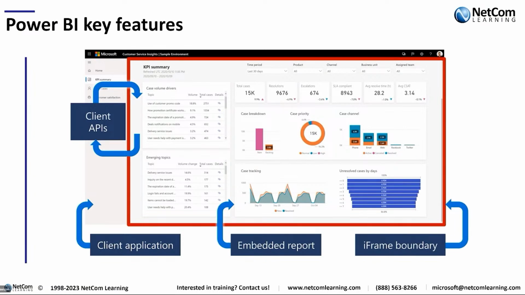And the important thing to understand is that when you're creating an embedded application or an embedded visualization, you're not actually creating a visualization that lives specifically in that application. So you still have to create the report in Desktop. You still have to publish it to Power BI Service into a workspace, but you then have the ability to embed that workspace visualization into your own application.